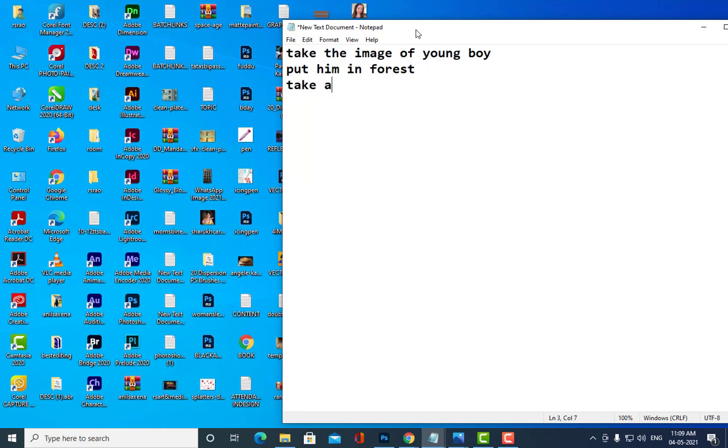Take an image of a glowing bird and put the glow on the boy's face, just like what we have done with the bulb glow. Are you all getting my point? Yes, sir. Okay, so this is your assignment.